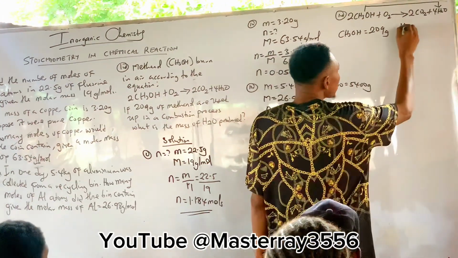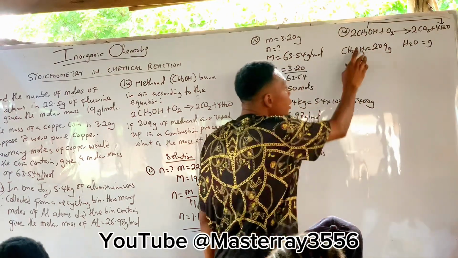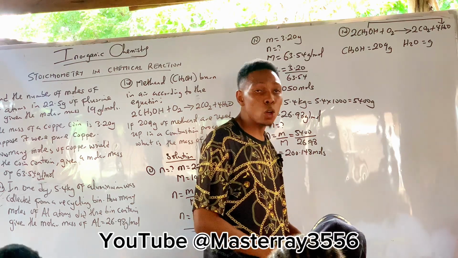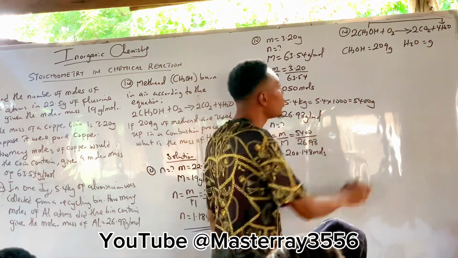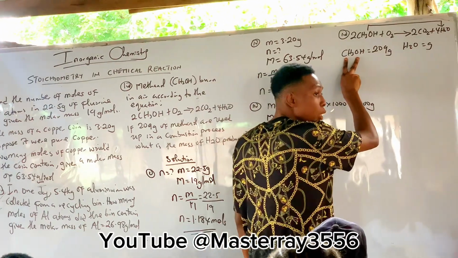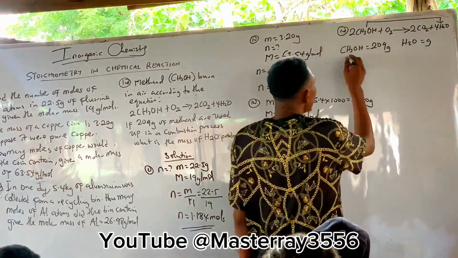So we are looking for the mass of H2O. Were we given the mass? No, we are only given the mass of methanol. So what do you do here? For you to look for the mass of this, you have to look for the molar mass of this. Are you following? You also look for the molar mass of this. From here, we are given